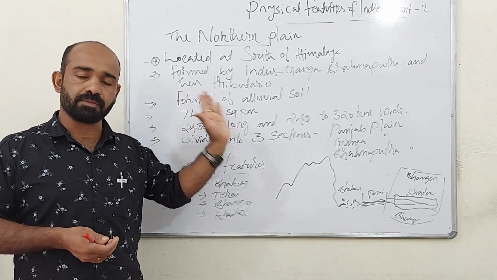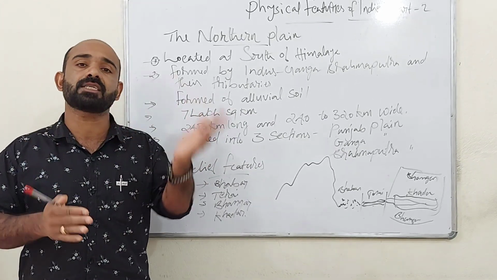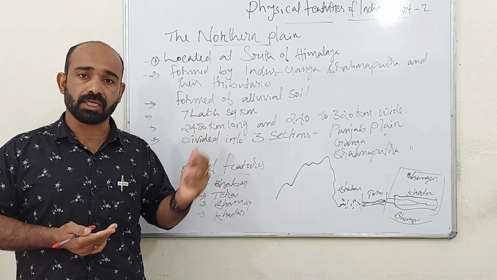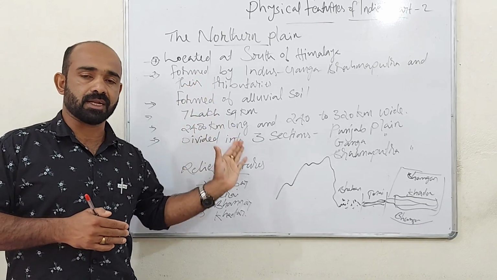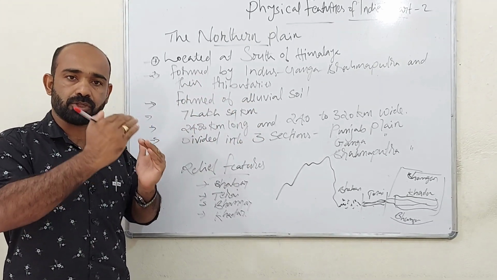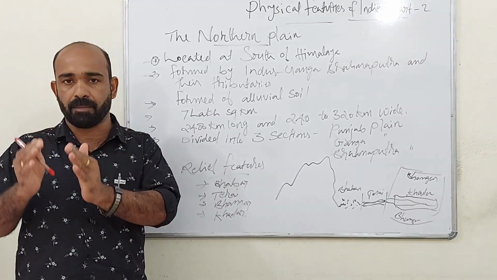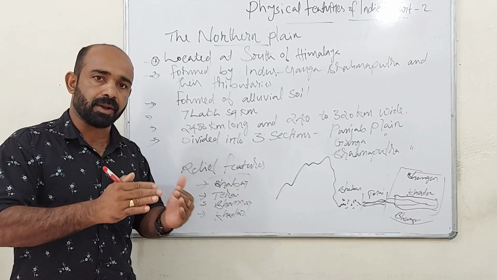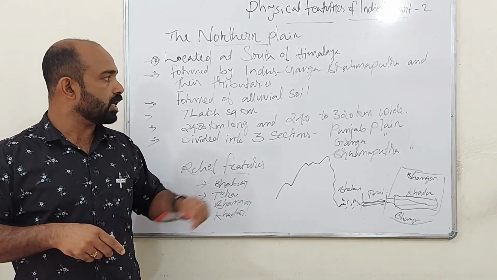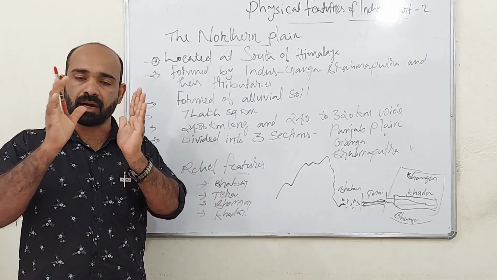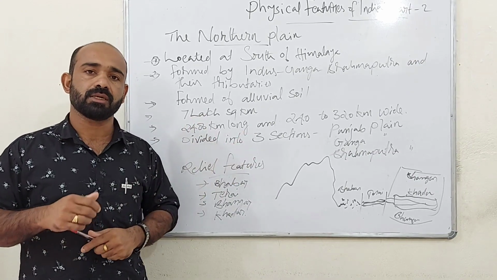The westernmost area, that is Indus Plain or Punjab Plain, is formed by River Indus and its tributaries like Jhelum, Chenab, Ravi, Satluj, and Beas. These five tributaries and River Indus brought sediment that deposited and formed the westernmost area of Punjab Plain. Most of the area of the Punjab Plain is located in Pakistan. Only a few portion is found in India. The middle area is known as Ganga Plain, and the easternmost area is known as Brahmaputra Plain.